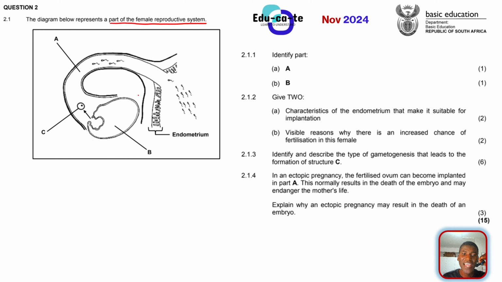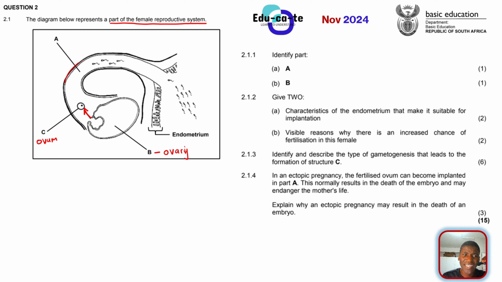You can see that this portion, this side, has got the fallopian tubes, right? You can see that B is the ovaries, okay? So these are the ovaries. If it's one, we're just going to say it's an ovary. And then there's an arrow pointing to something, a round thing that is coming from the ovary. What is released from the ovary? We already know that it is an ovum, because primarily that is the function of an ovary, to produce an ovum. And then part A, what is it?